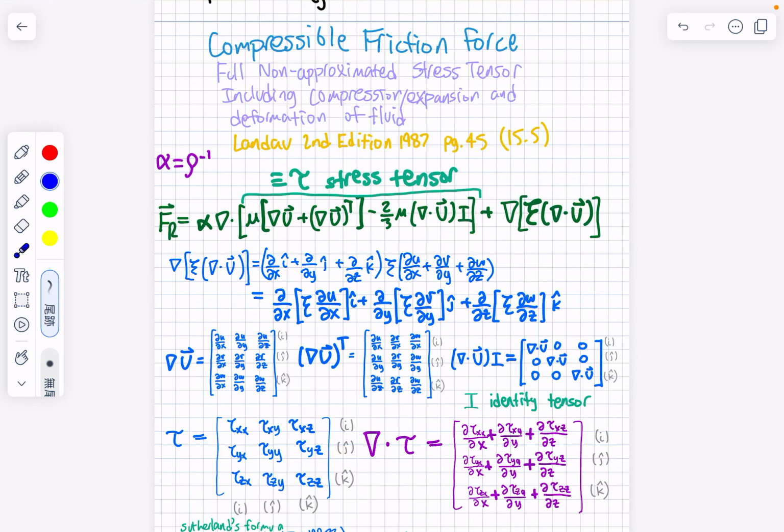Okay, so I thought I would make this update video on the compressible friction force. In a previous video, I showed an equation for it, which I now know is not correct, I believe. This time is going to be the actual generalized compressible friction force, and if you plug this in for the friction force in the Navier-Stokes equation, it would be the true solution for how a fluid flows in real